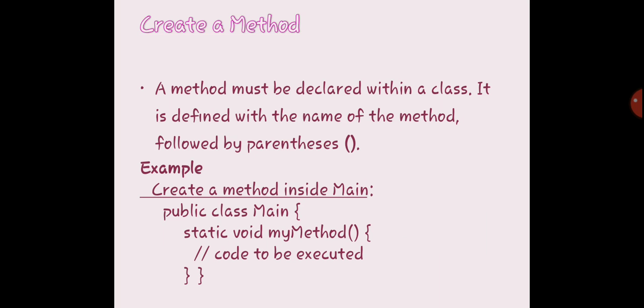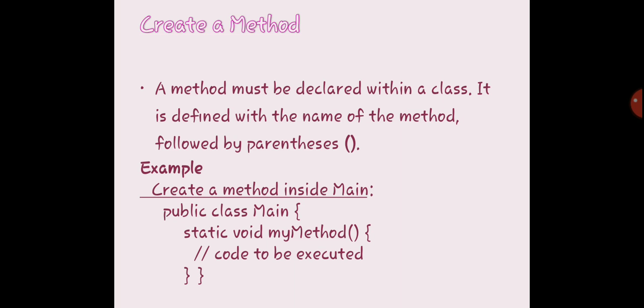Okay, so creating a method. How do we create a method in Java? Usually, a method is designated as a static method in Java. In other programming languages, we won't be declaring it as static, but in Java, since we also have the main function, we have static functions too. Because the main method is there, the other methods are called static methods. So we have to use the static keyword there.